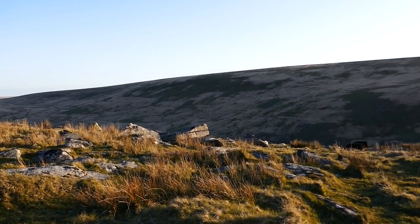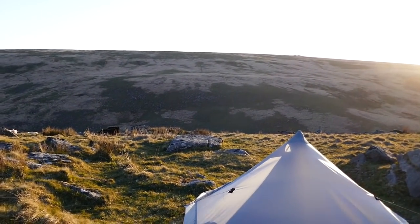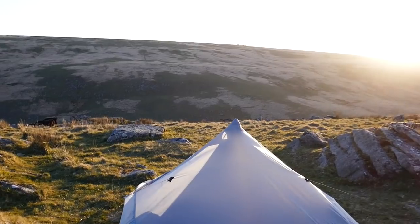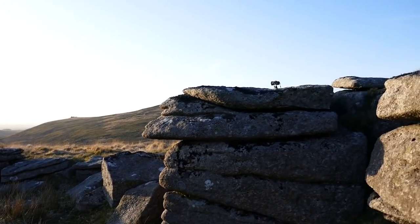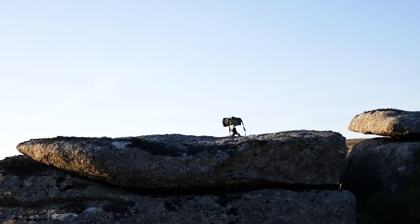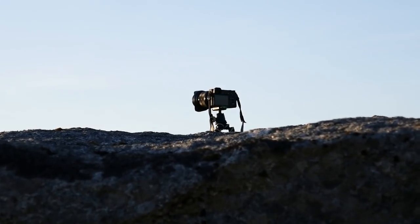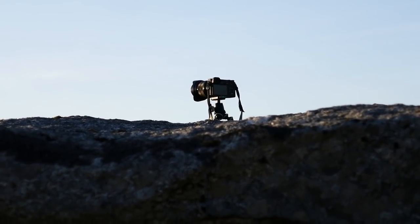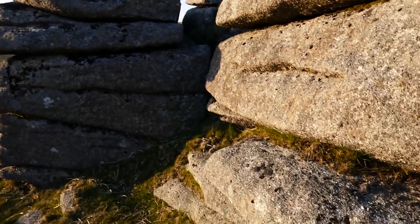There, it's 8 o'clock now. The wind seems to die down a bit and then picks up again. I've also got a couple of visitors over there. The sun's setting behind the hill at the moment, and I've got my Sony a6000 on top of the rock there doing a time lapse. I'm currently using a Sony 10-18mm lens on it. I think it's set around 14 at the moment. But anyway, as it's 8 o'clock,